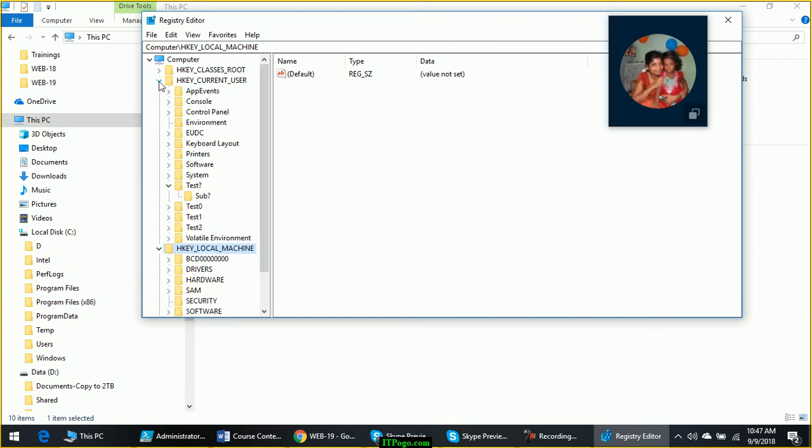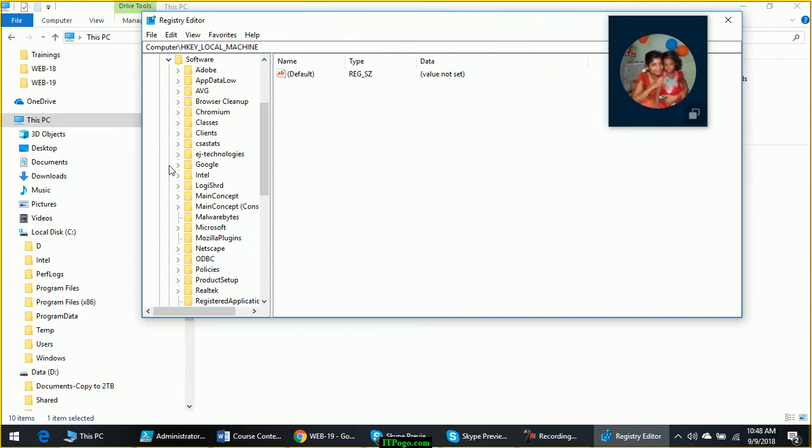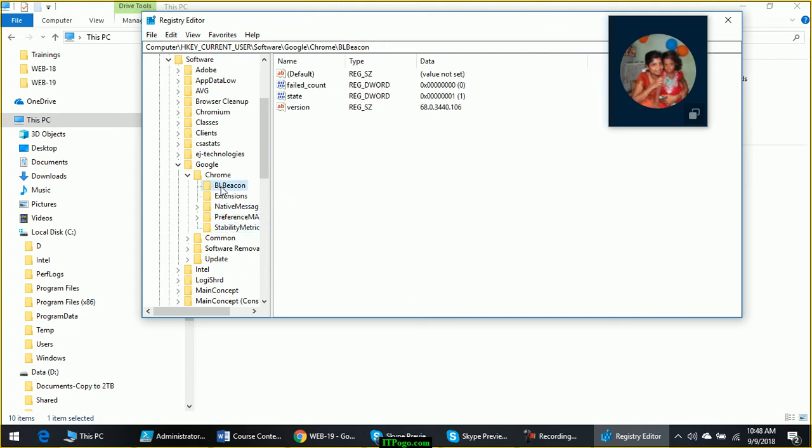HKey current user, these are the settings which are available for the current user who is logged into this computer and browsing the registry, that is me. So these are user level settings, these are machine level settings. Again, there are multiple layers. As you can see, you can drill down to see what is available under each layer. So this is another example of a hierarchical data store.